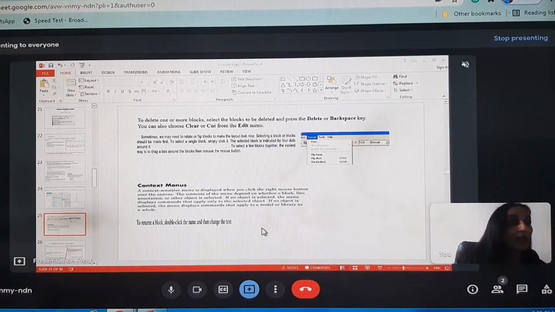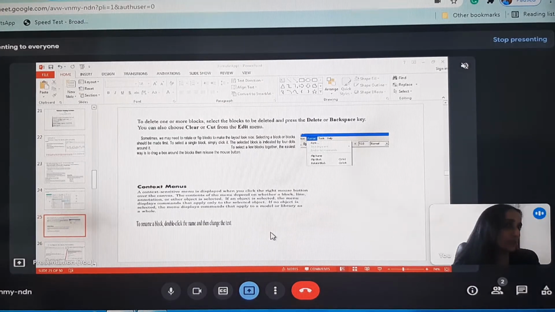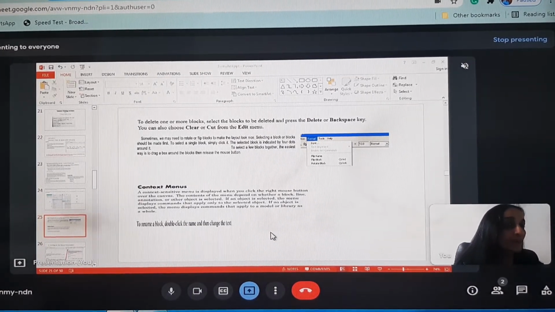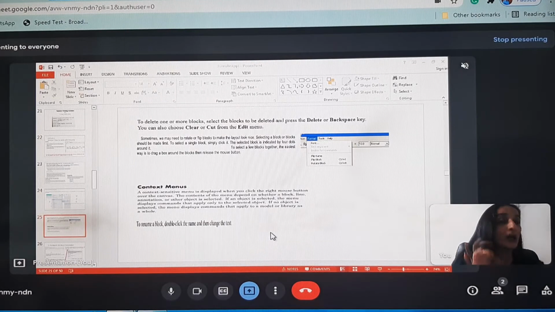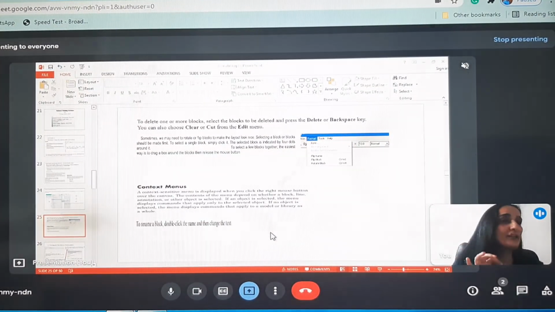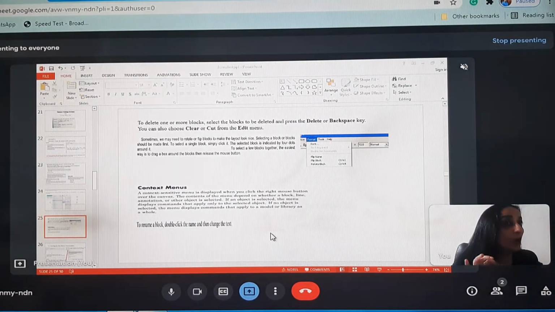Now if we click the right mouse button over the canvas, the context based menu is displayed, and the commands in this menu can be applied to a model or library as a whole.